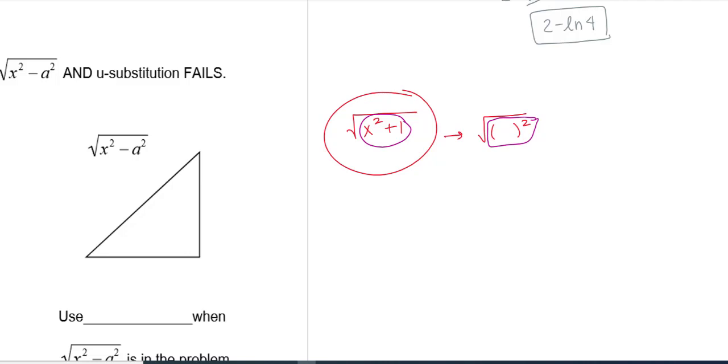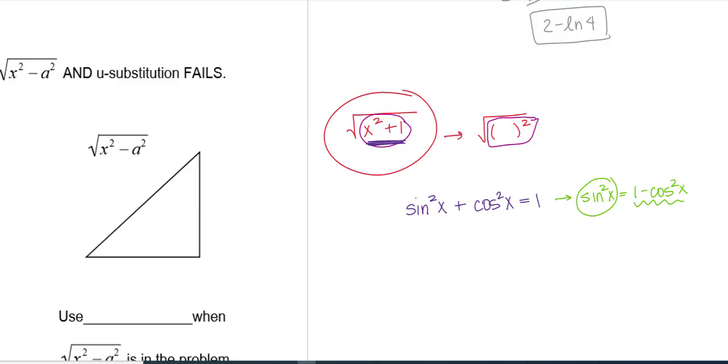How can I take two terms and turn it into one? Well, trig helps us with that a lot, doesn't it? Do you remember the Pythagorean identity, sine squared x plus cosine squared x is 1? So if I had exactly that, sine squared x plus cosine squared x, I could replace that with 1 or any other version of that. For example, if I had the two terms 1 minus cosine squared x, I could just put the one term sine squared x in its place. Then I could take the square root of it.